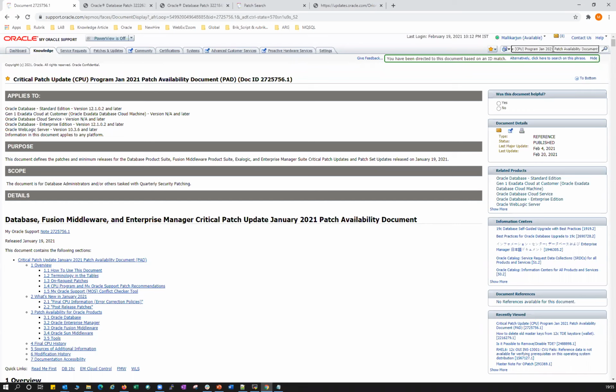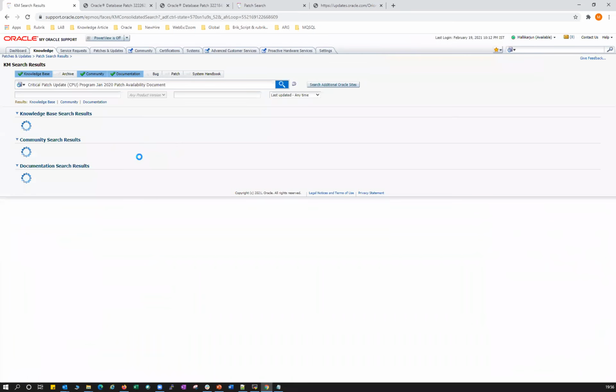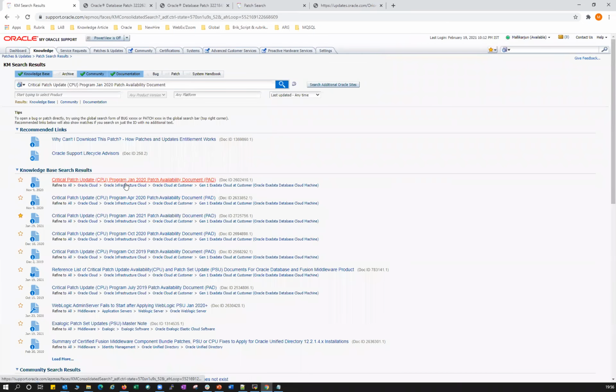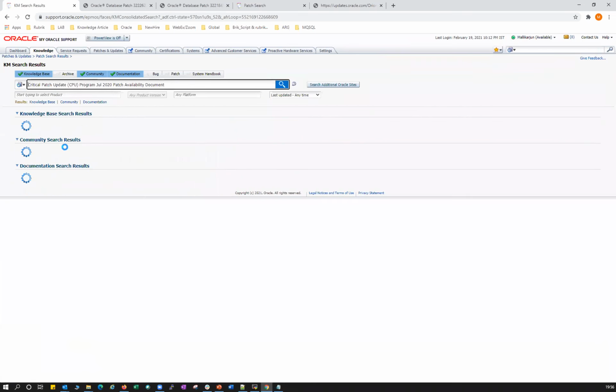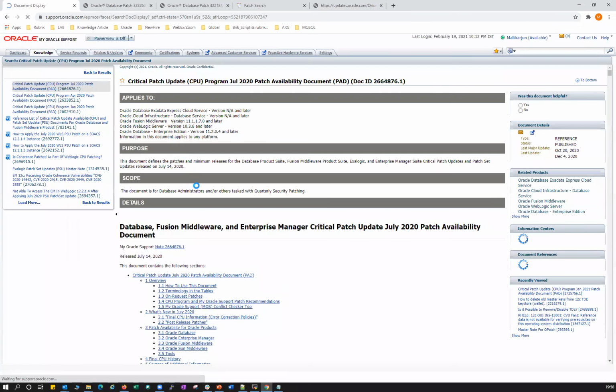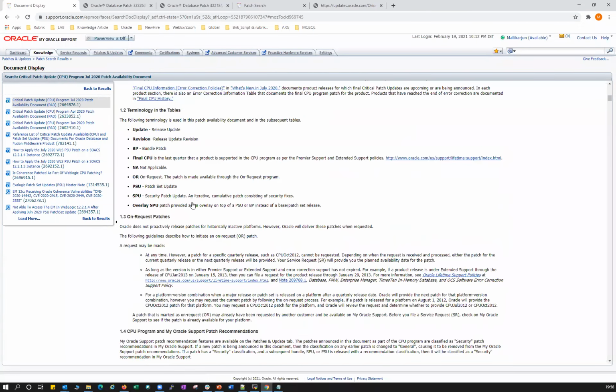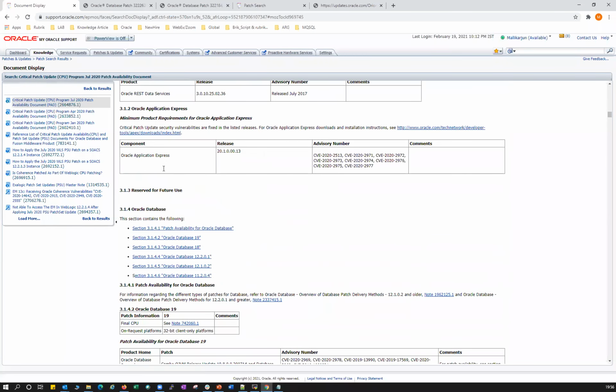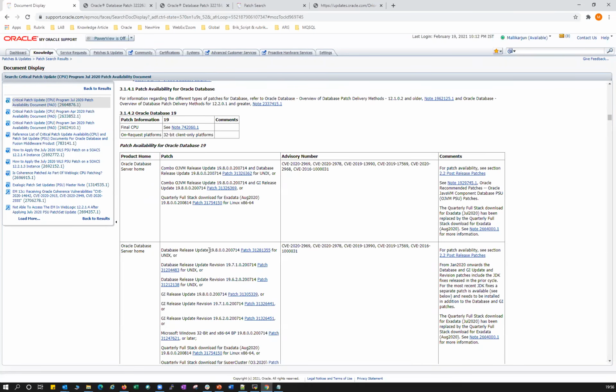If you want Jan 2020, you can search for 2020. You can see the critical patch availability document for Jan 2020. If you don't want Jan, you want July, you can search for July 2020. And then you can go to that entire readme, July 2020. If you click it, it is similar to what we just went through. The same content will be there, and you can directly go into your database section. This is the database section, and this is again the combo, and this is your Oracle home, like this is 19.8, and GI. Same thing: you have to read this readme file.